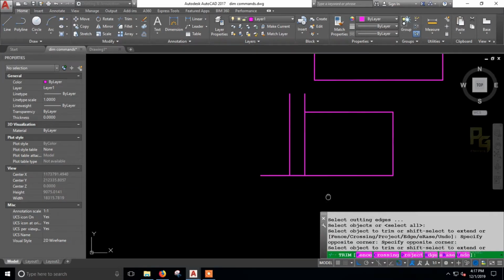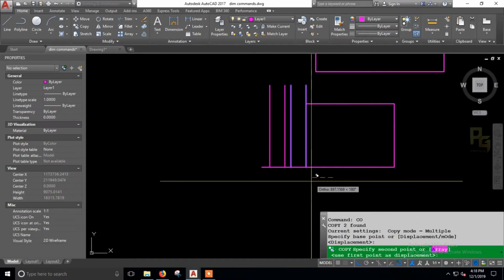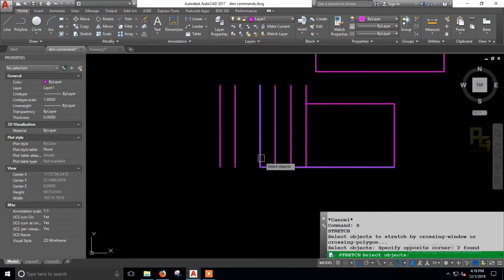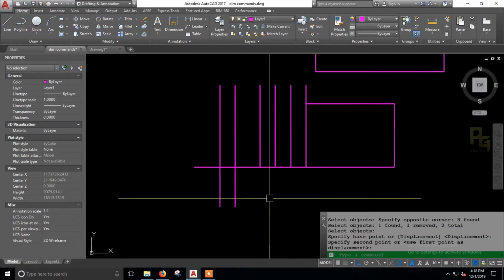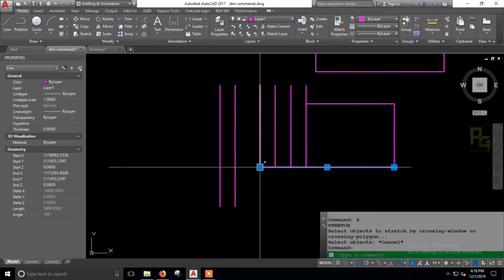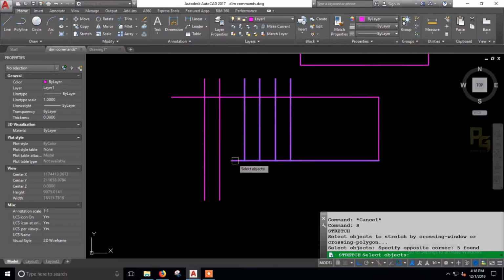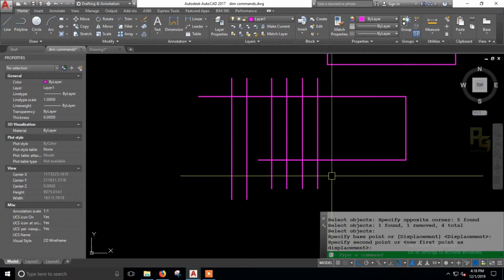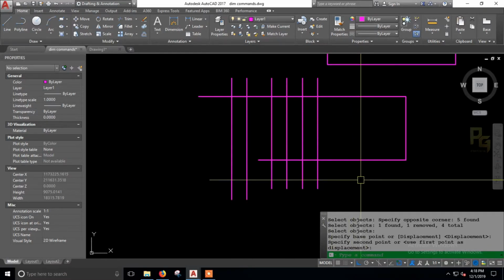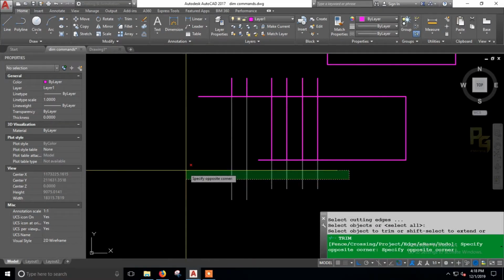So if you just cross the window like this, the whole object gets trimmed. Like there are n number of objects over here. I need to trim all of this, so I am entering trim and then enter again.